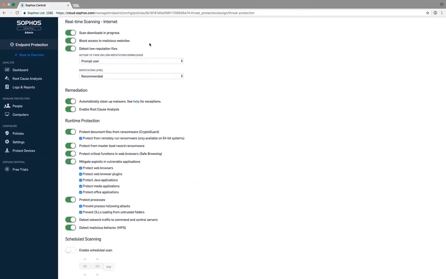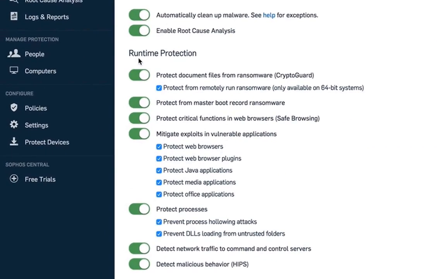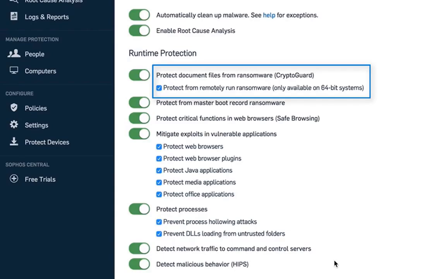And then taking a look at our runtime protection section, this is really where the power of Intercept X begins to shine. Our exploit protection technology, for instance, is the most comprehensive and powerful exploit protection of any product on the market today, so it's great for dealing with fileless malware and other nasty advanced attacks. CryptoGuard is another one of our extremely popular features. This protects against ransomware that maliciously encrypts user files and demands payment to unlock them.